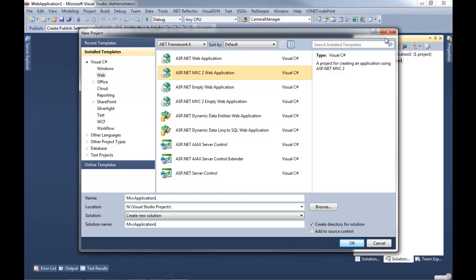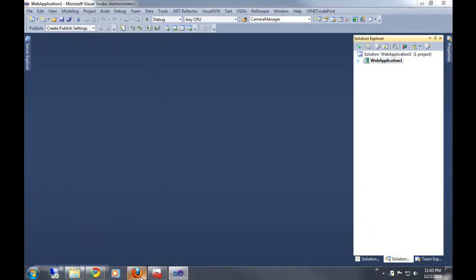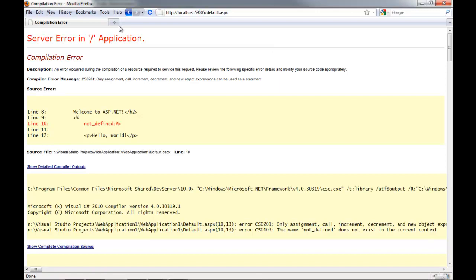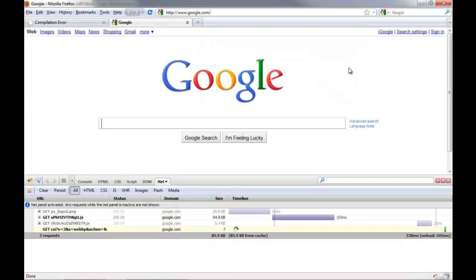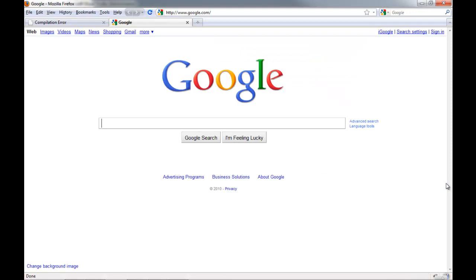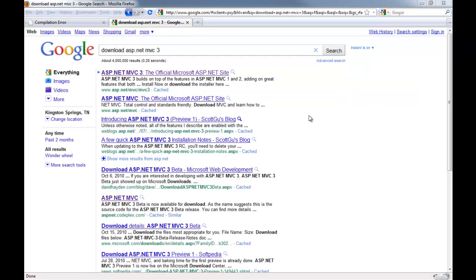Jason doesn't have ASP.NET MVC3 installed on his computer, so we're going to go ahead and install it. To do that, you first go to Google and type in just ASP.NET MVC3.